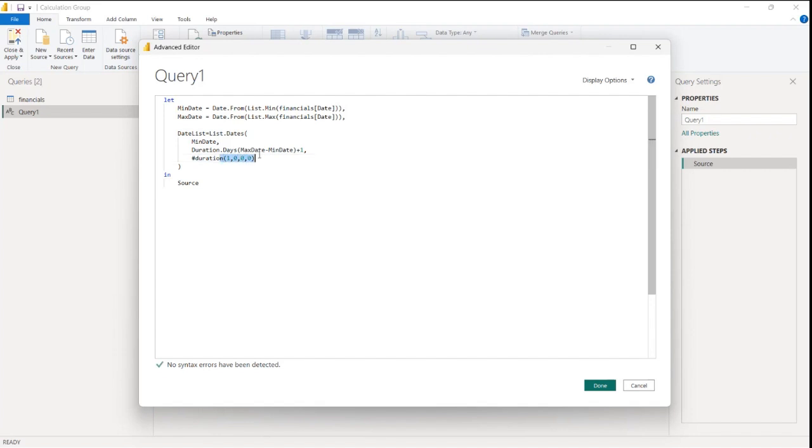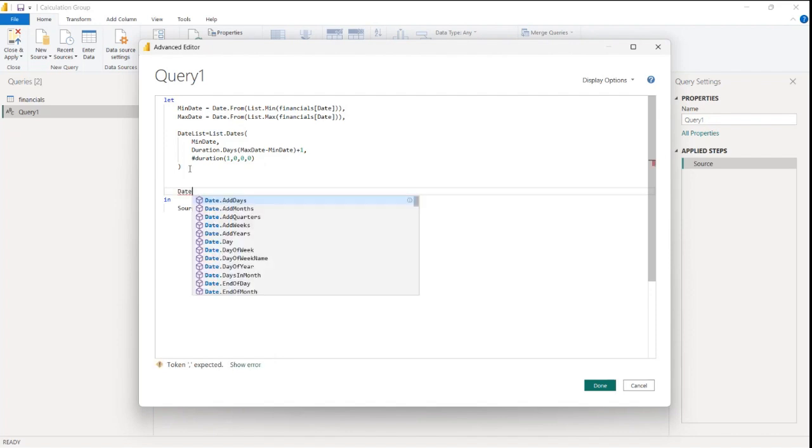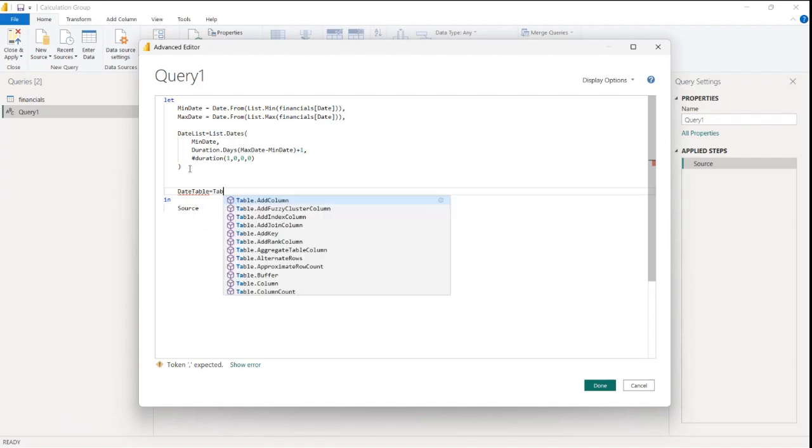So that's why I'm giving this thing. So this will create the complete date column. Now I need to convert this list into a table. So for that, I'm creating a new variable, date table, and then I'm giving here Table